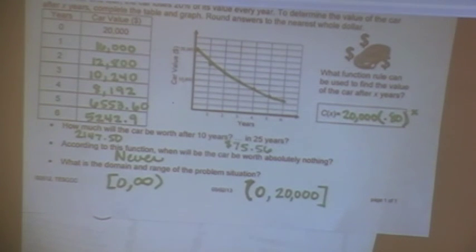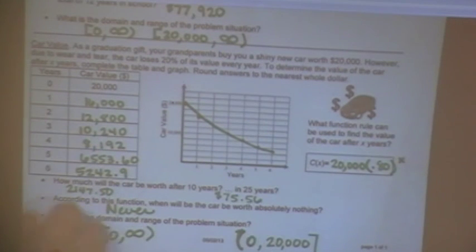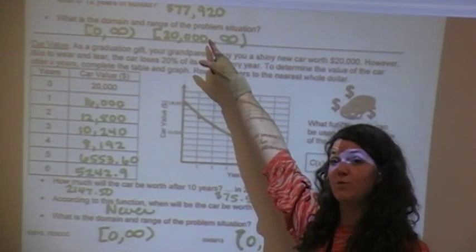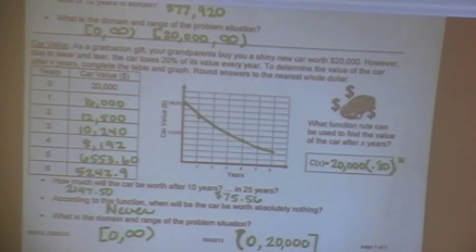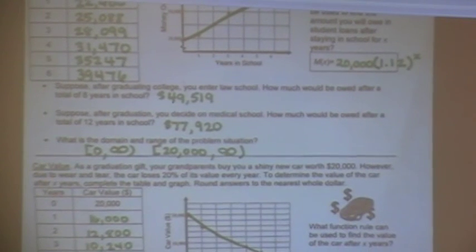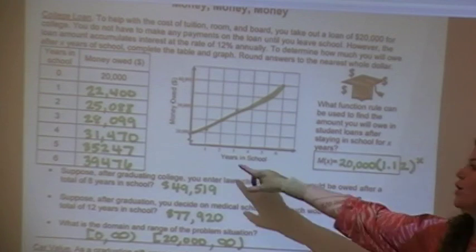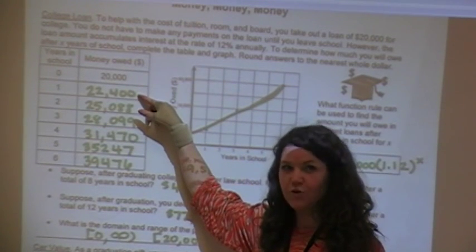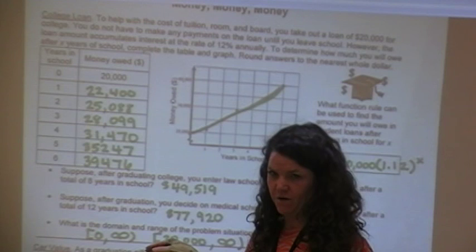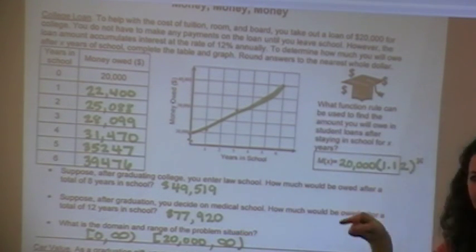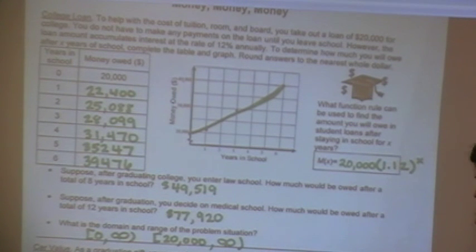Now, this is kind of an interesting problem to look at because here's where people get in trouble. You buy a car for $20,000, but you take out a loan at 12%. If you do that, in year 1, your car is now only worth 16, and you owe $22,400. So you now owe more than what the car is worth. That's called being upside down on the loan. Don't do that. Learn now. That's how your math teacher in Algebra 2 told you, don't do that. Cars depreciate, so